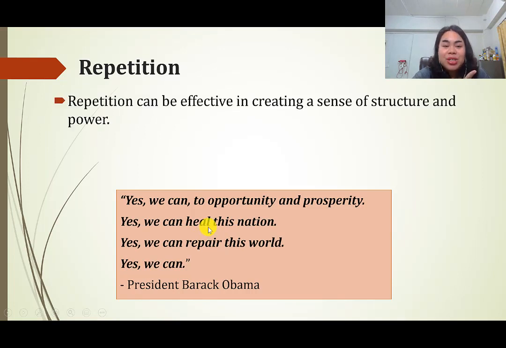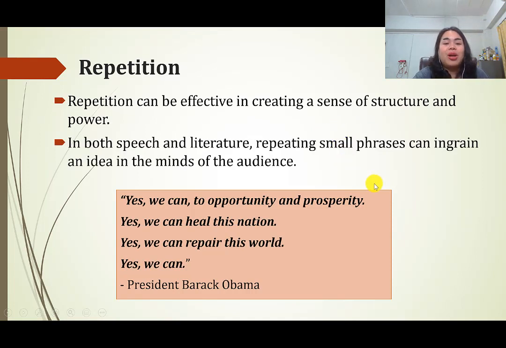Next one, repetition. Well, repetition can be effective, okay, in creating a sense of structure and power. Why? Sometimes you see that when people say something like, "Oh, Yaya is a great actress," that's such a normal statement. It doesn't have that much power, right? But if you say, Yaya has a good look,